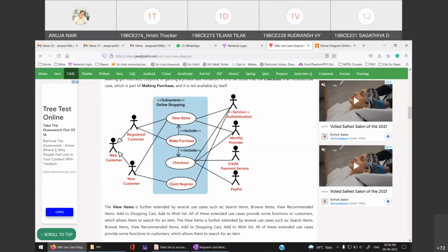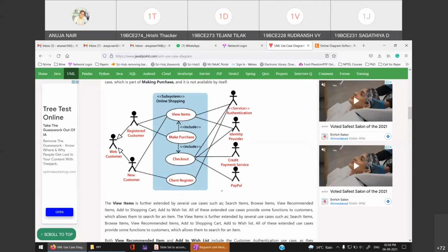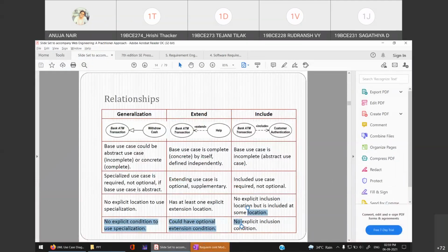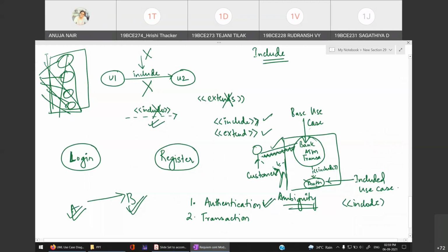It's fine. For example, in a bank ATM it doesn't make sense. Just think, if you are connecting customer with authentication, does it make any sense that you have just authenticated yourself but you are not doing anything? If you are going to do authentication, it means you are going to do some kind of transaction, then only you are going to put your card, enter your pin and get yourself authenticated. So if I connect these two, it doesn't make any sense. It's illogical. That's why I don't need to connect it over here.